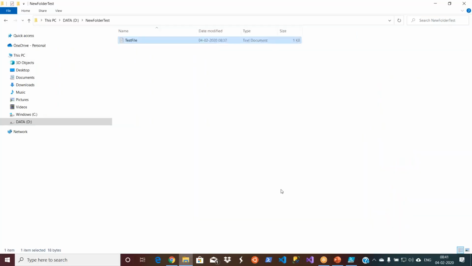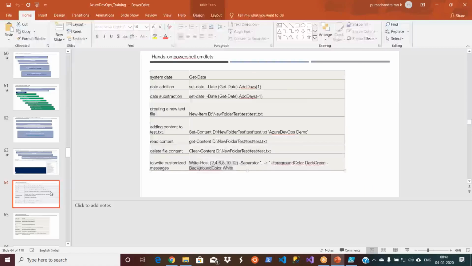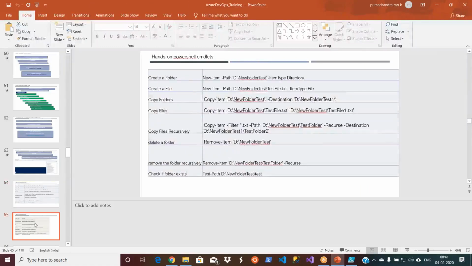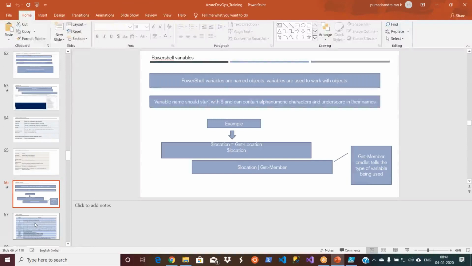The next one is, these are very simple commands, right? But you may also need to work with some other things, let us say variables. The variable is nothing but, let us say you are writing 10 lines of script and you got some output in line 2. You want to use that output in line 10, then you need to use a variable because it will hold it. If you don't keep it in a variable, then you can't use that content in line 10 or line 7 or whatever it is.